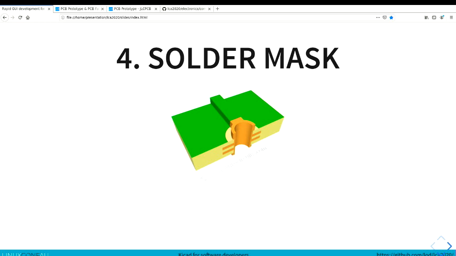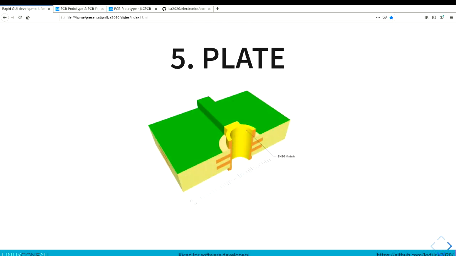Then a solder mask is added to the top and to the bottom. The solder mask is most commonly green, but you can get them in black, purple, or red, whatever color you'd like. That controls where the solder goes on the board. The solder is only going to make contact with the exposed portions. The green protects the rest of the board from getting solder on it. The board is then plated